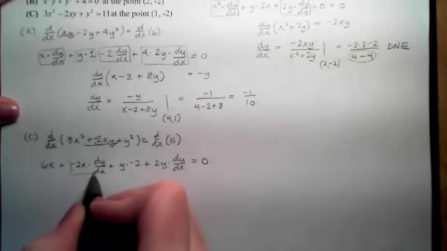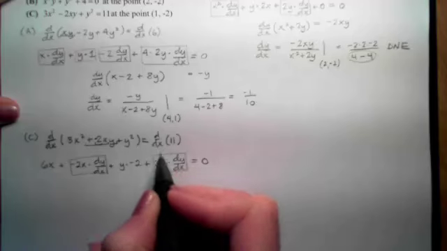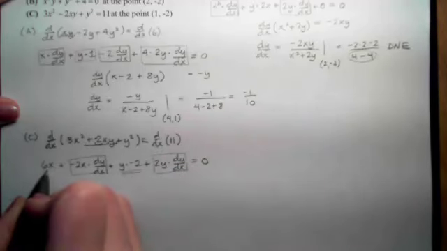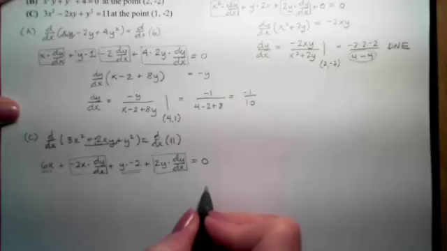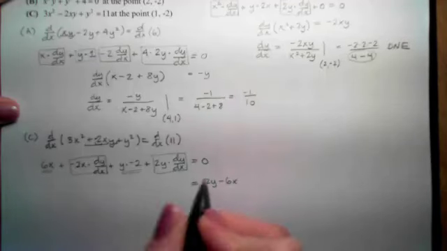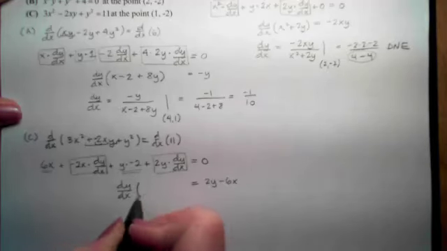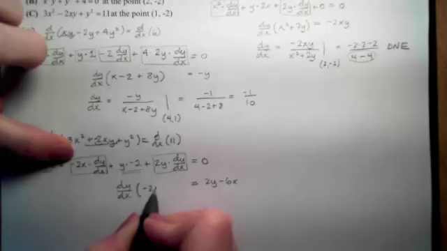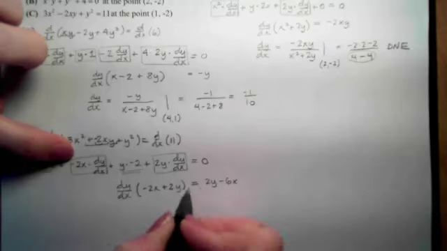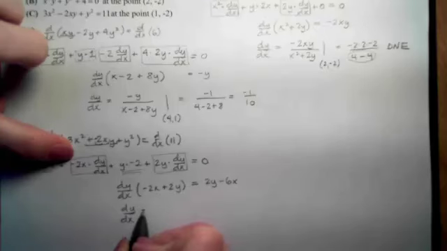Again, we need to collect the things that have dy/dx's together, and the things that don't, we move to the other side. So on the other side, I'll have a positive 2y and a negative 6x, and on this side, I'll factor out the dy/dx, which will give me a negative 2x plus a 2y. Isolate dy/dx by dividing by this,